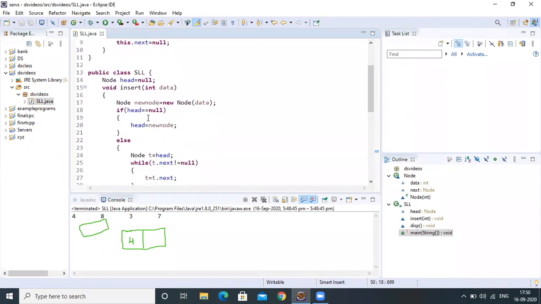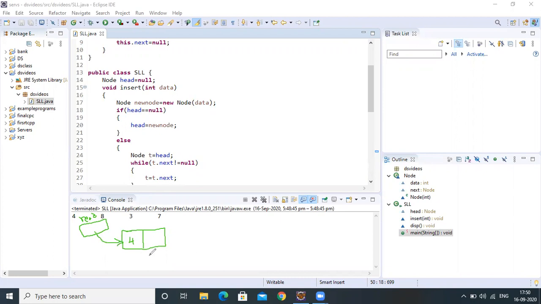Okay, now what is the next statement here? Whether head is equal to null or not. Yes, currently the head pointer is referring to null. So there are no nodes within the list. So head is equal to our new node. So this head will point to our new node, this one.